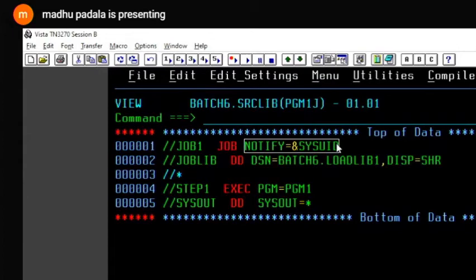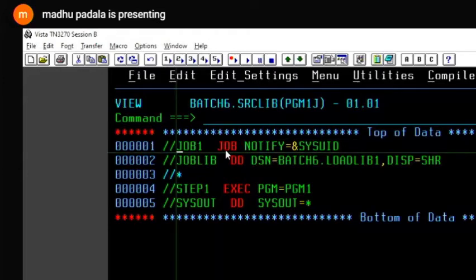So I need not hit enter and I need not look into that. I can submit it and leave it, and do other work. After 10 minutes, it will show the notification, and then I can go and check the results. I need not wait for that. If I give a notify, we need not check whether it's completed or not. It will notify you when it has completed or failed. Okay.